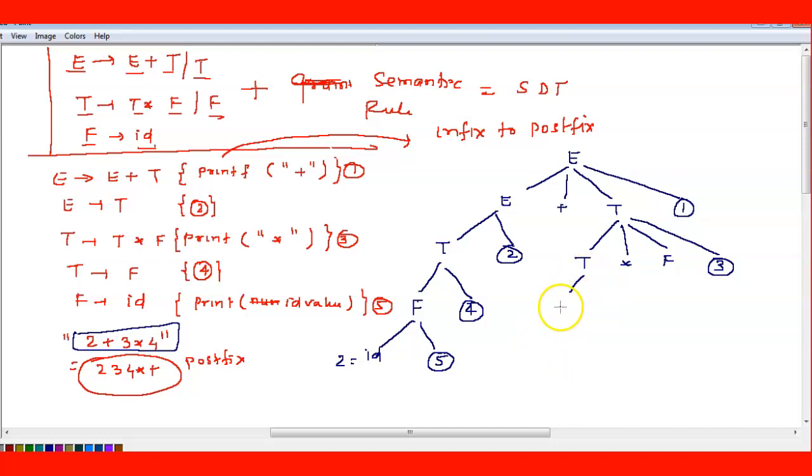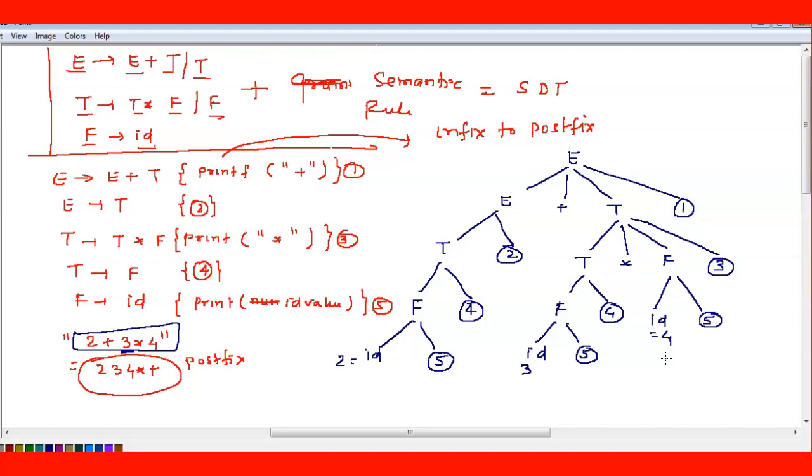F becomes this, T becomes your F, and rule number 4. F becomes your ID and rule number 5, right? ID is equal to how much? 3. This value is next ID. Now F becomes here ID and rule number which one? 5. And this ID becomes 4.